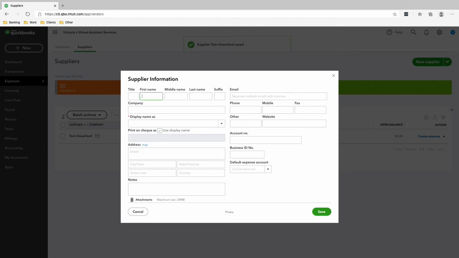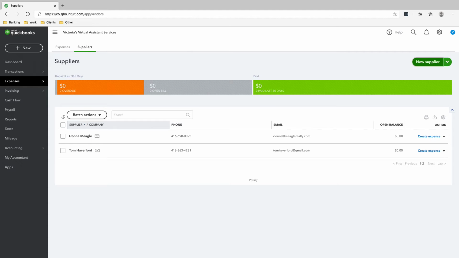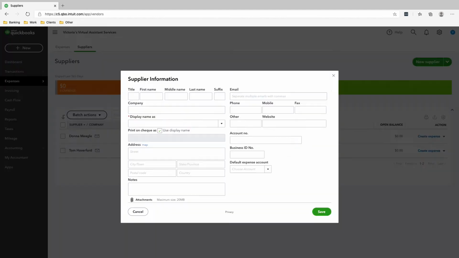This time we'll add Donna. Same thing. I'm just going to copy and paste here the phone number. And that's it. You have both Tom and Donna already added, and then to add suppliers like Squarespace or MailChimp, just add Squarespace. And the thing you could do actually is go online,